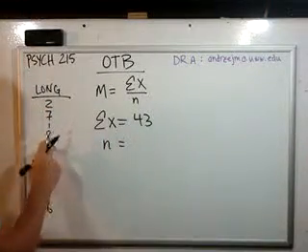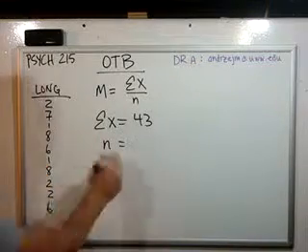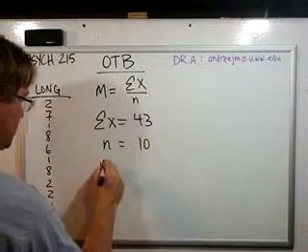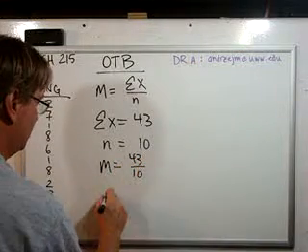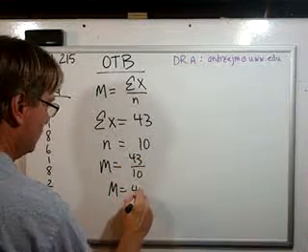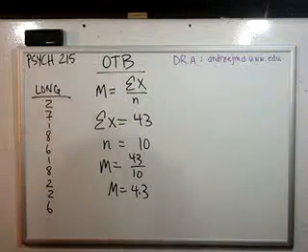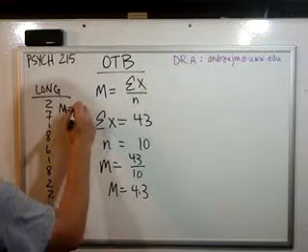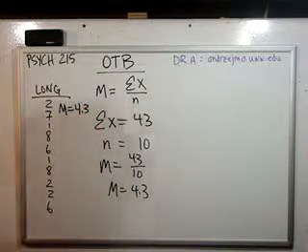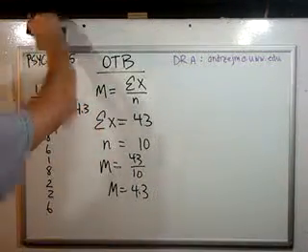1, 2, 3, 4, 5, 6, 7, 8, 9, 10. We have 10 scores. So the mean is just 43 divided by 10. The mean in this case is 4.3. All right, so we can say mean of 4.3 over there. Now, another way to